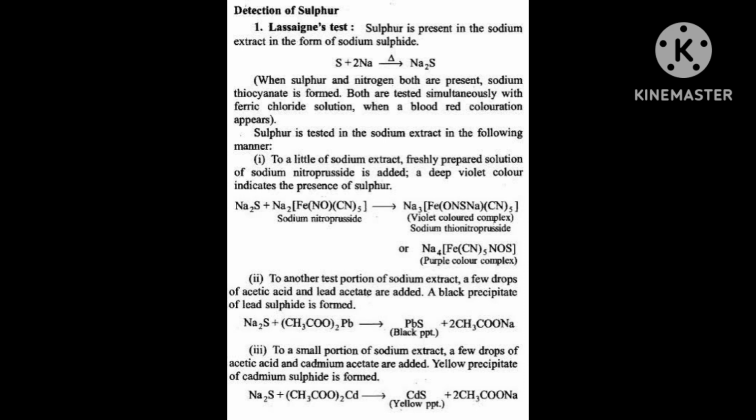Determination of carbon and hydrogen. How will we determine carbon and hydrogen? Not determination, detection, because you are doing a qualitative test. You only have to detect it. Determination means quantitative. Here you are doing qualitative analysis, hence detection of carbon and hydrogen, because both will be done together, because carbon and hydrogen will always be there in any organic compound